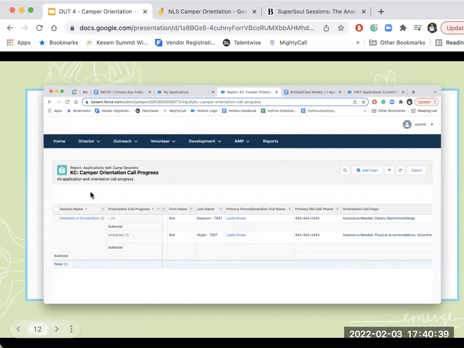So this is a report for Yukon. Shout out Yukon. I hacked your account and added some fake applications in there. So you're able to see all of your applicants and what the orientation call progress status is. So just like on that component, it said we had 1 in the dash and 1 unstarted, that should match here, ideally. And then we have the 2 applications, Ron Swanson and Ben Wyatt, and the orientation call flags